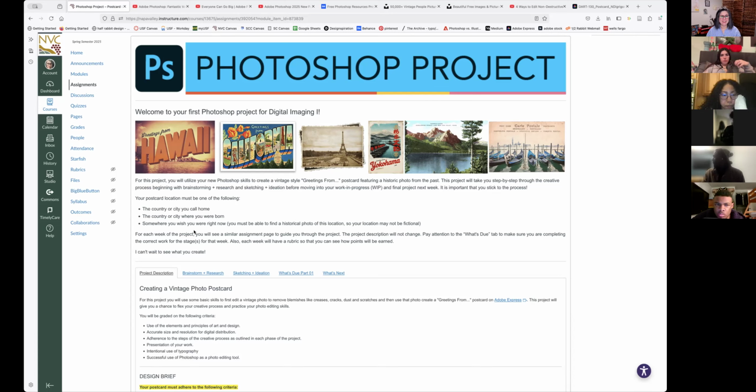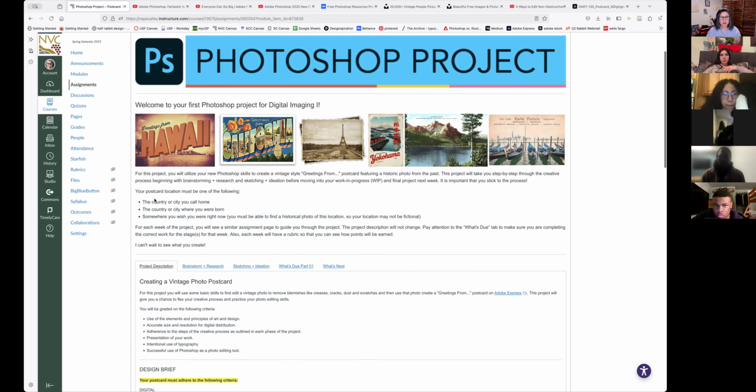So it is a pretty broad requirement for the location, but you must be able to find a historical photo of the location, and your location may not be fictional. So those are kind of the parameters to work within